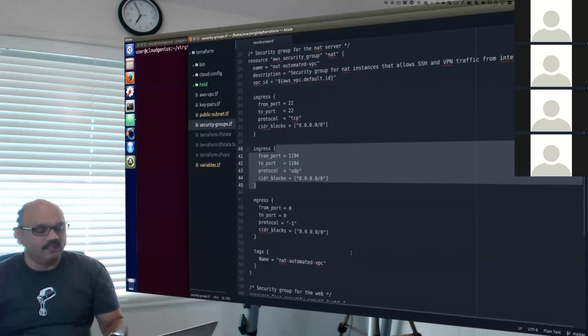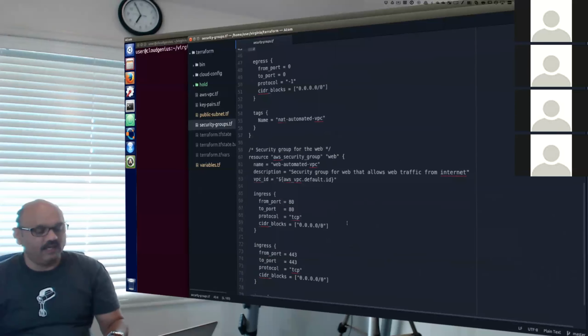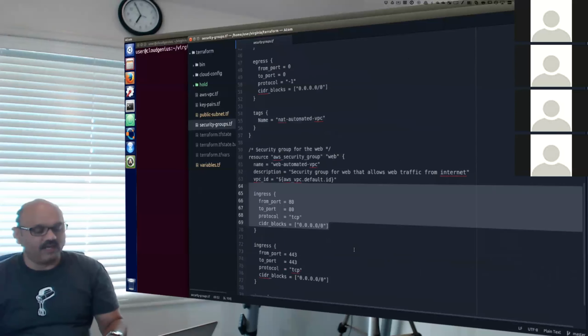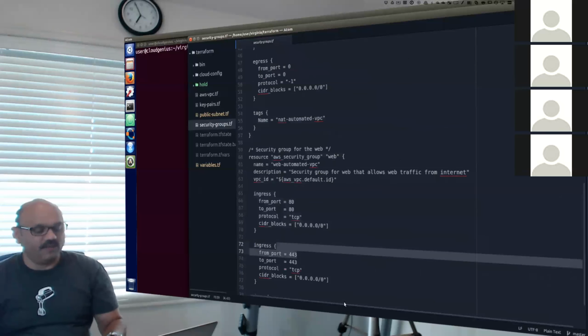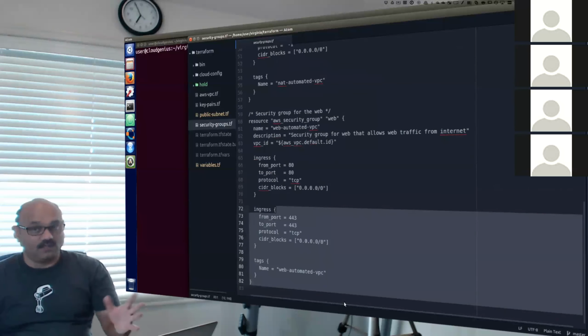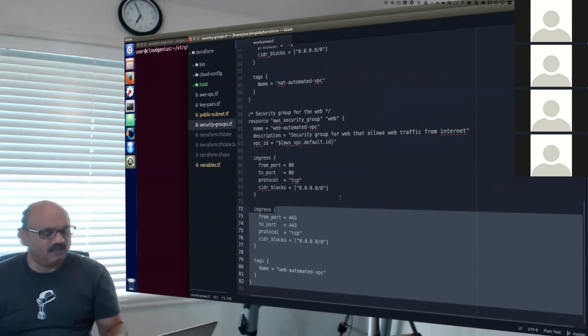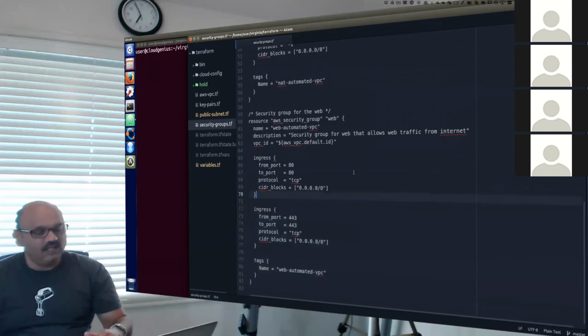Then we define a web security group for port number 80 and port number 443. So the reason this code is long, 80 lines, 82 lines, is because of three security groups defined in a very granular fashion in great detail.